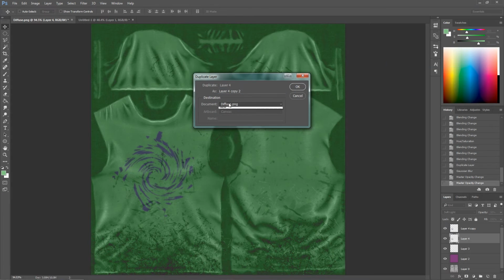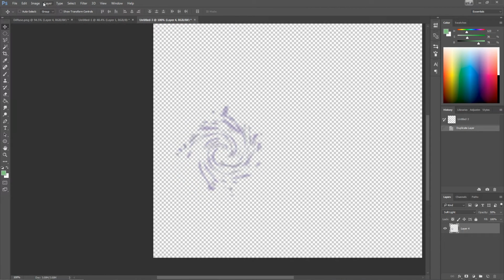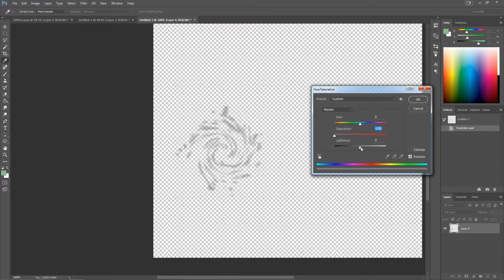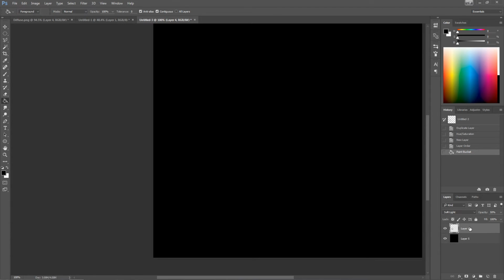We'll duplicate this layer. We'll go to a new document and we'll click OK. And what we'll want to do here is basically just go to our hue and saturation, saturation 0, lightness, bring it down to a deep greyish, or about there, you know, it doesn't matter too much, and press OK. Now what we'll want to do is get black and fill in a layer below it, and then edit this one, so